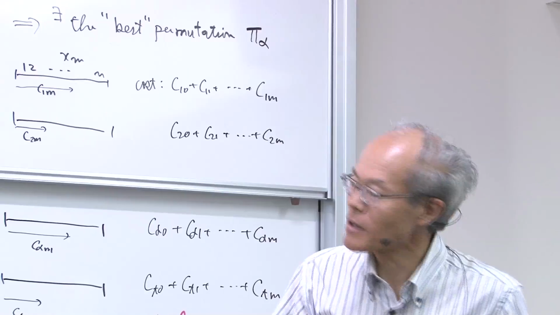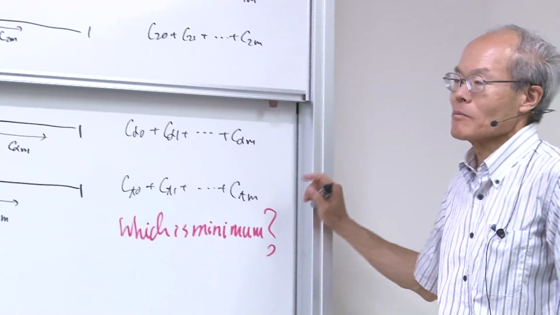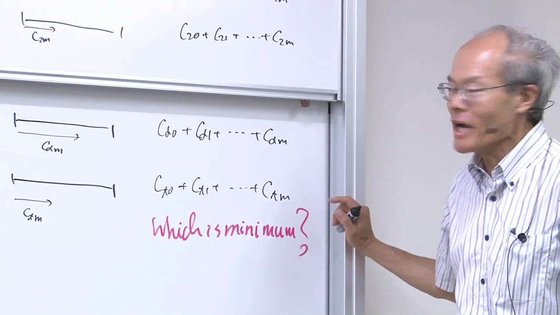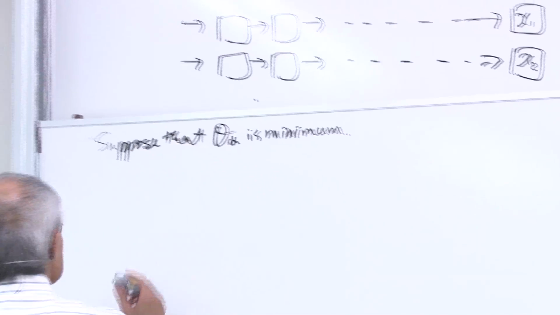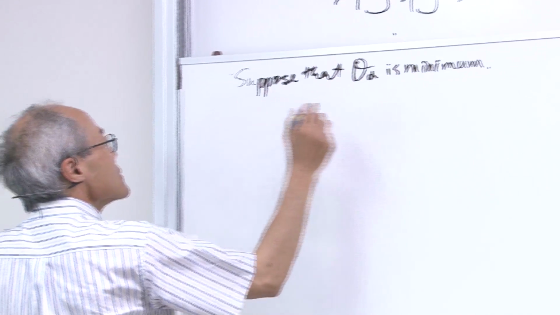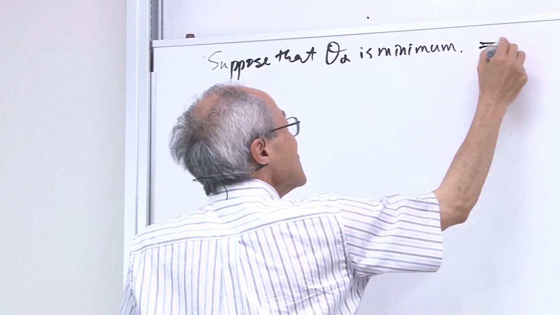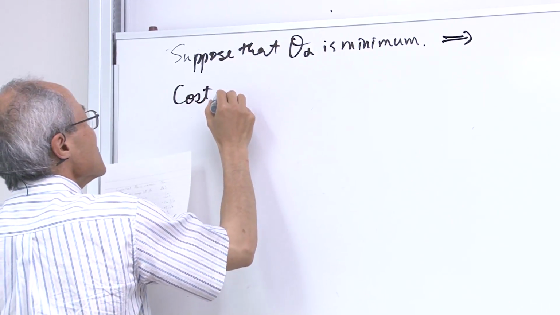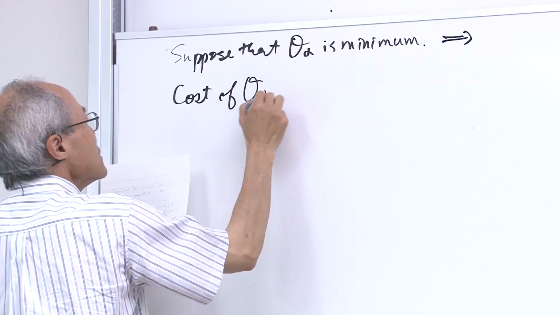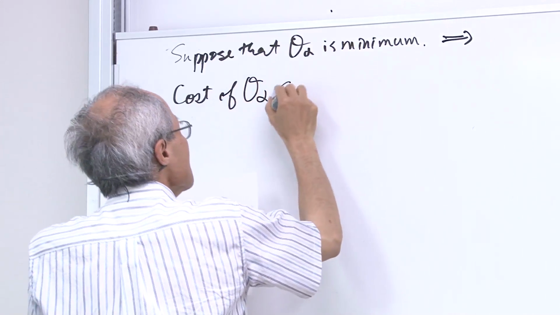The cost of pi alpha is the minimum. Okay? Suppose that this is the minimum. Then what is that value? Then cost O alpha is